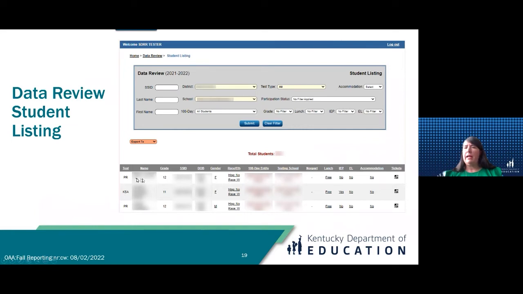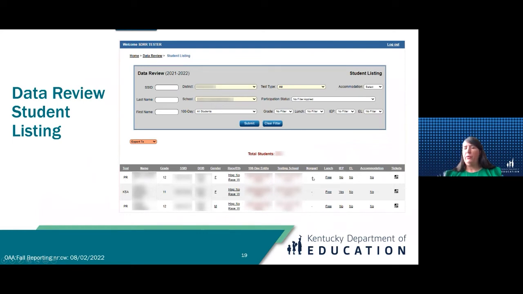Remember, that's the one thing you can do. You could just click right here off your student listings and change anything you want at this point for your students. And remember, if it's a 100-day entity or if it's a non-participation, once you submit, those have to go through approval processes.